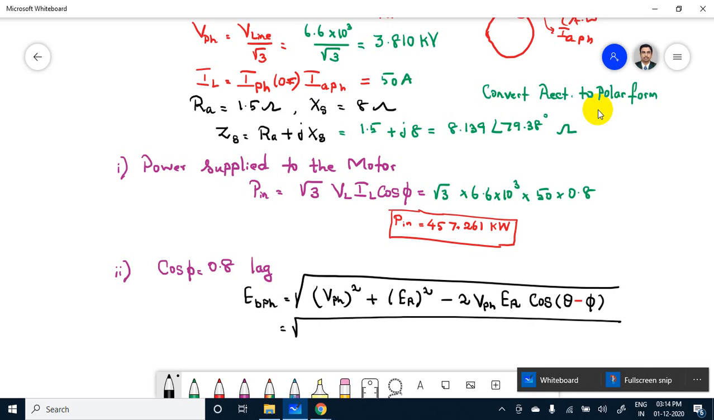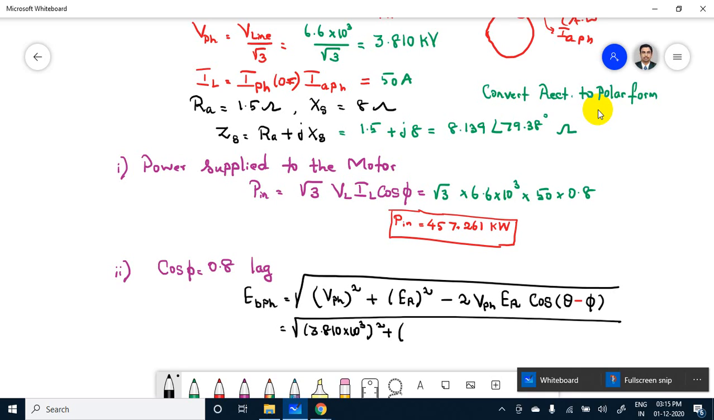So how to substitute V phase? V phase we already know. It is 3.810 into 10 power 3. So 3.810 into 10 power 3 whole square plus